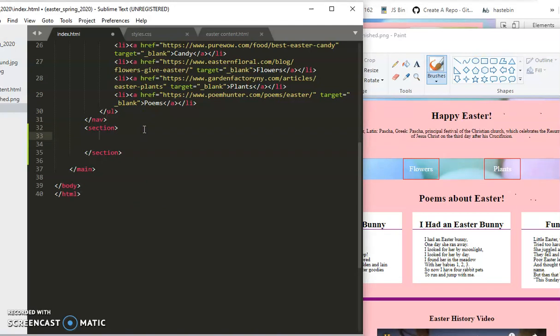Each one of those boxes is going to be in its own block level element, and I'm going to call that article. So the main ones that we use are header, nav, section, article, aside, and footer. So I'm going to make these 3 boxes each articles. But before the articles, you can see we have poems about Easter, and that is also a child of section. So that's H2, and that's going to be poems about